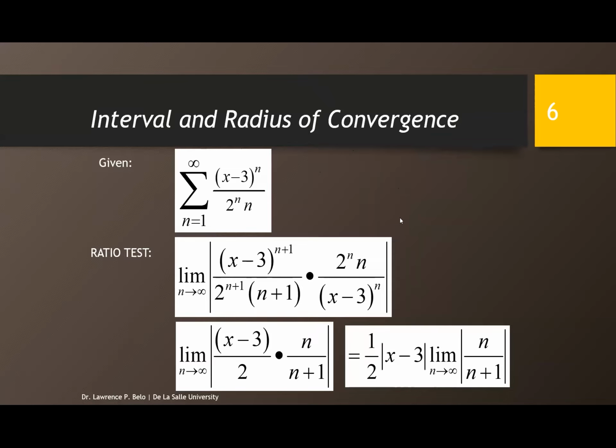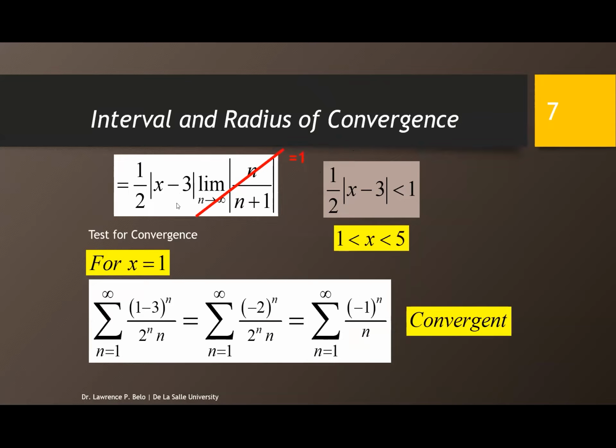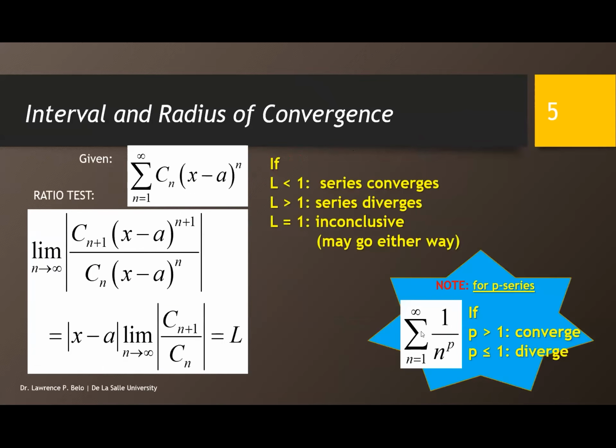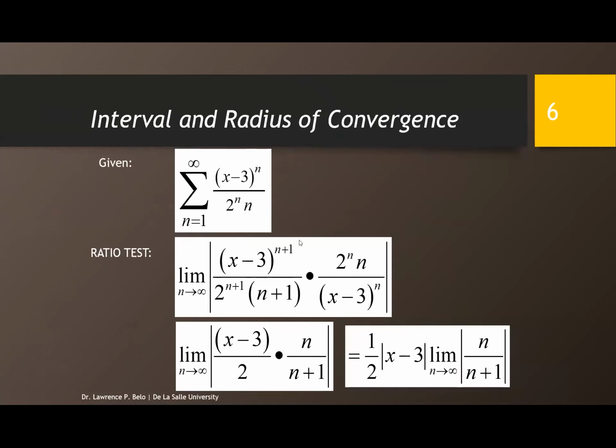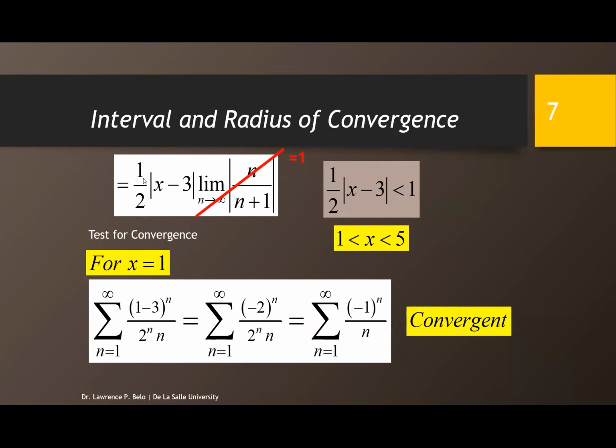How do we solve something like this? First, we would want to evaluate. Take note that the limit of this one, for it to be convergent, L less than 1 converges, L greater than 1 diverges, or inconclusive. What we can do is we can force this to be equal to 1, and then let's evaluate if that is equal to 1. Okay? What we would want to happen, guys, is that the whole limit will be less than 1. Do you still remember this from your calculus 1?